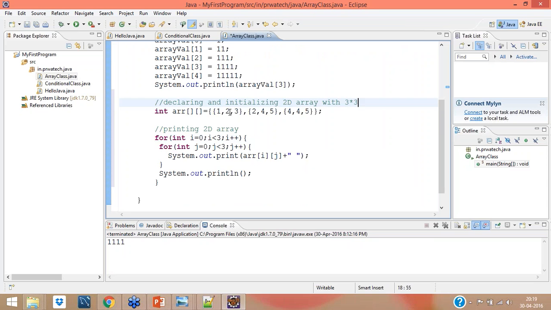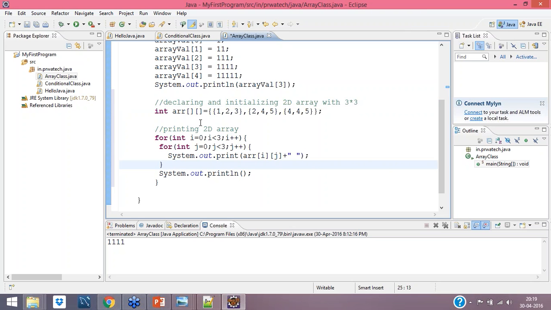I'm going to print this data. I know that the maximum length is 3. So i equal to 0, i less than 3, means 0 1 2. Then j equal to 0, j less than 3, j plus plus, 0 1 2. Fine. So this is my code.